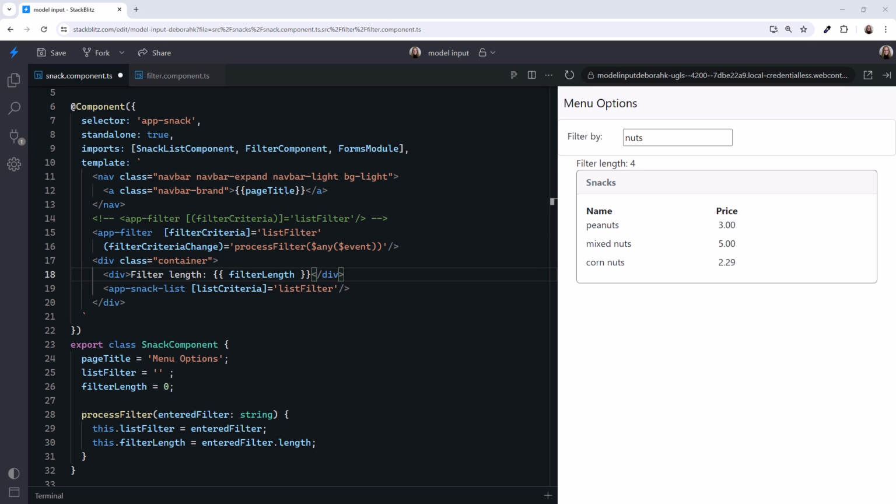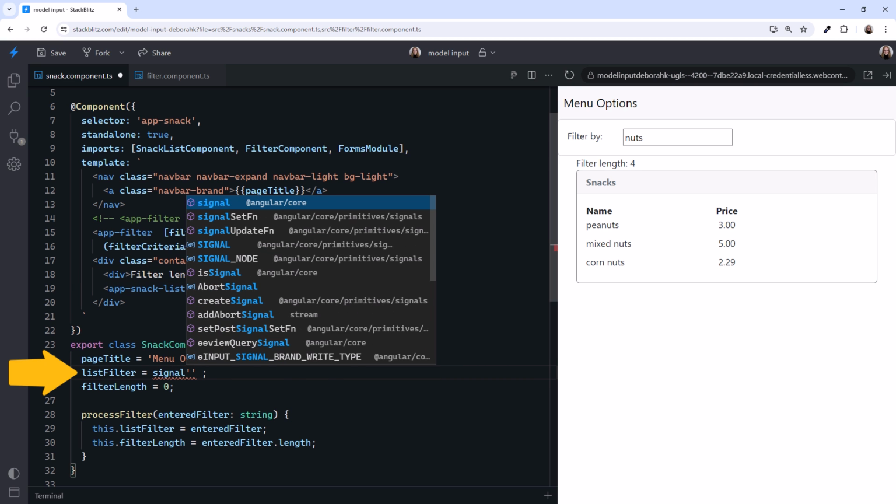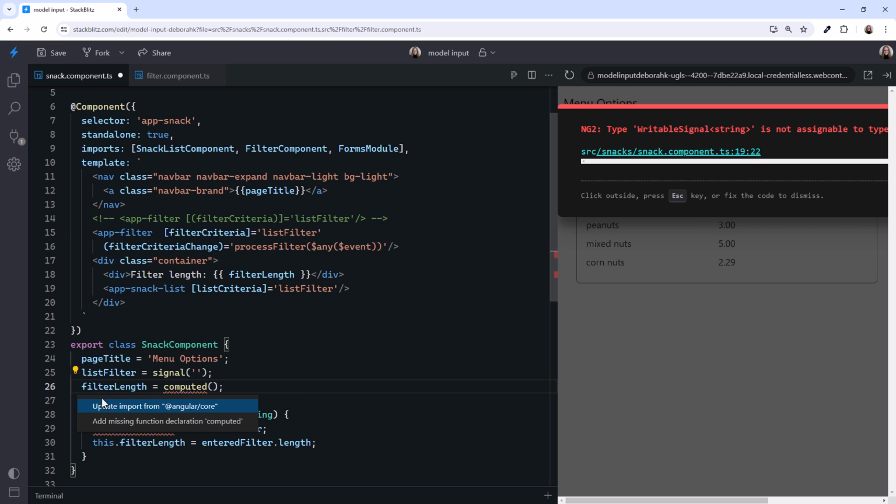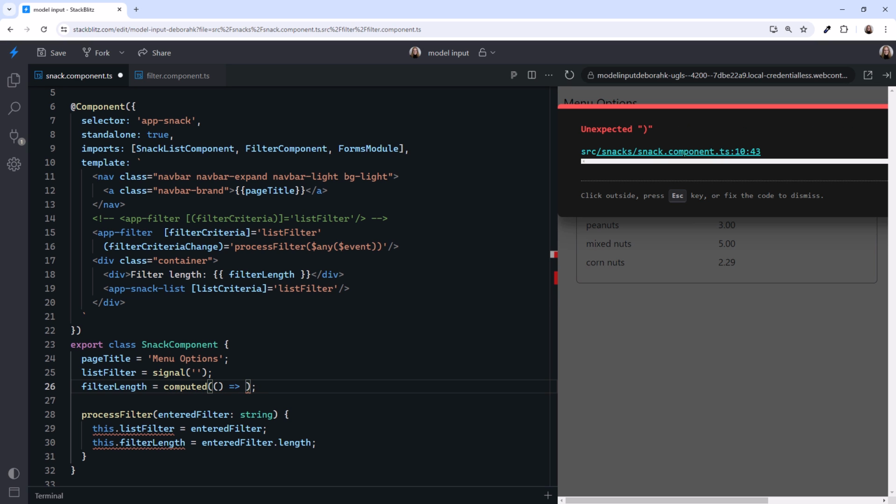Is there an easier way to react to changes? What if we used signals? Let's change our list filter to a signal and use the quick fix to add the needed import. We provide an empty string as the initial value. Then we can change our filter length to a computed signal and use the quick fix to add the needed import. The computed doesn't take in a value, so we use parentheses, and we'll define the computed function